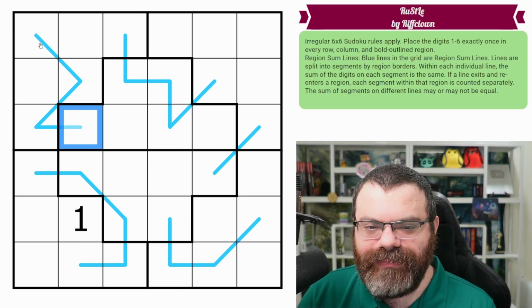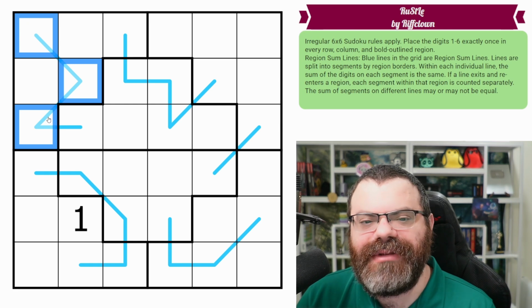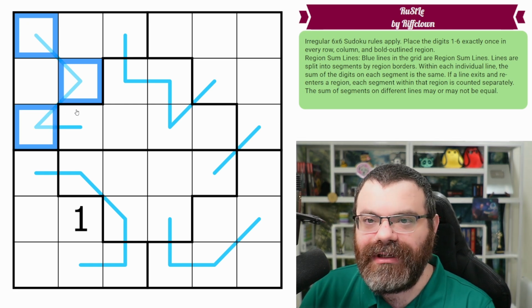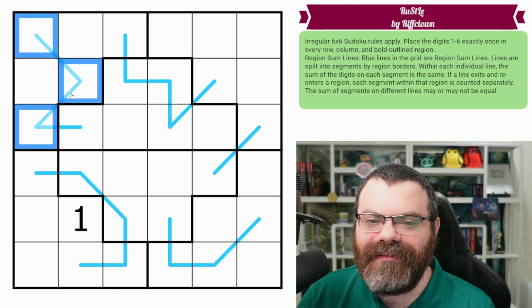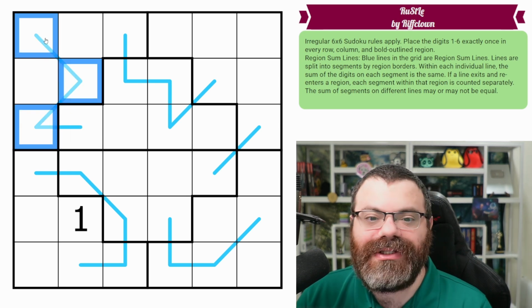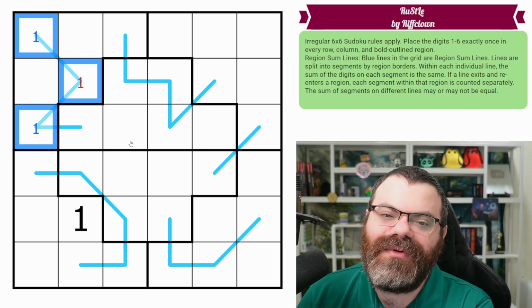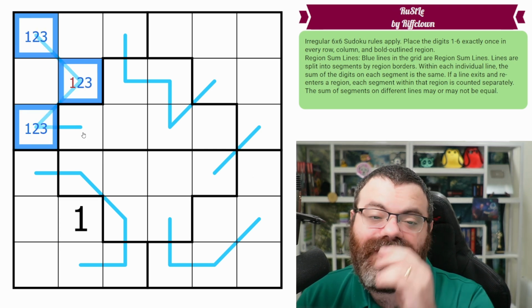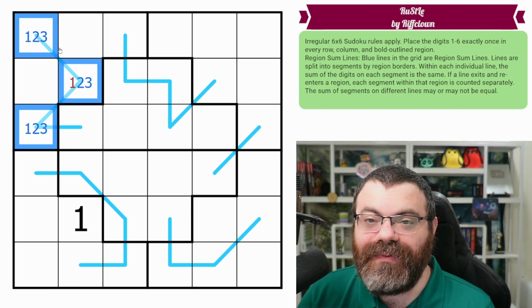I want to start here because these 3 cells must be different from each other, right? In fact, region sum lines within a sum, you can never repeat digits because that's kind of the point. Within each region, we're having a different sum. And so these 3 digits, they can't repeat. And so what's the minimum we could put in here? We're even ignoring this given here. The very minimum I can put in here is 1, 2, 3, and that adds to